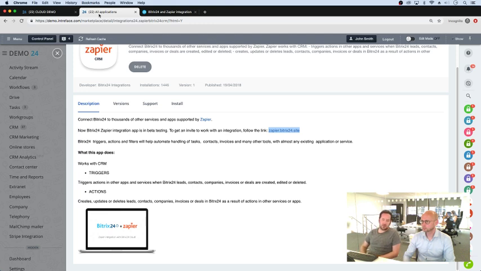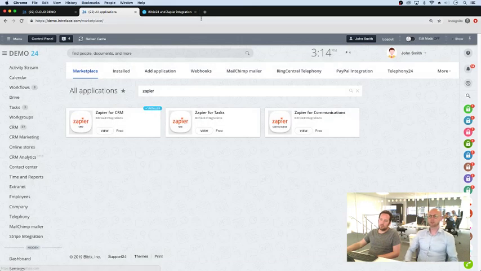If SAP doesn't integrate with one of your accounting packages, then as Damien said, with the on-premise version, you can go down the route of the API. So yeah, I think really, Bitrix will handle